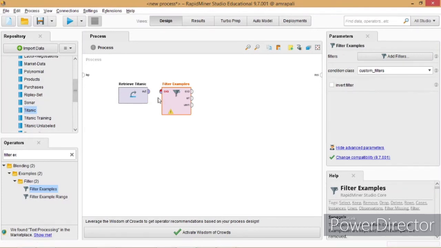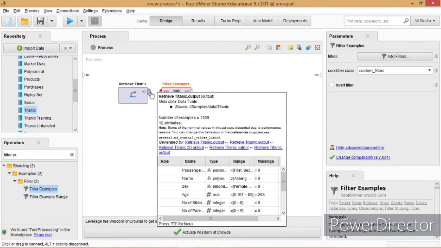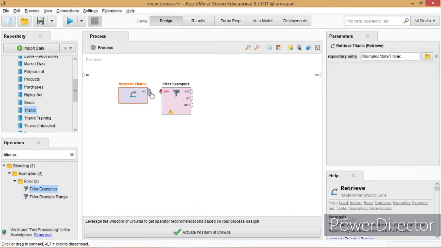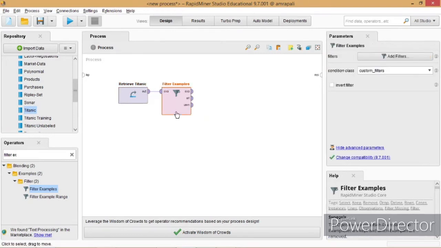Connect the output port of Retrieve Titanic with the input port of Filter Examples. Then click on Filter Examples to select it, and go into the parameter panel on the right hand side and click on Add Filters.